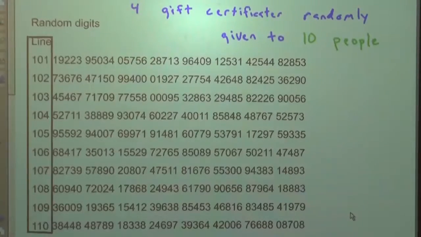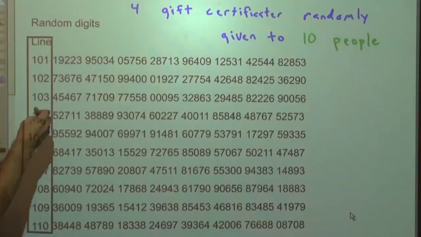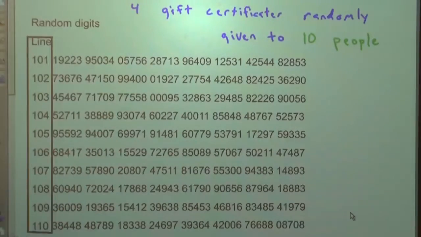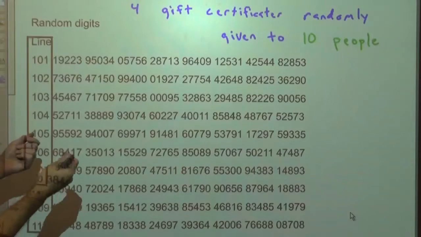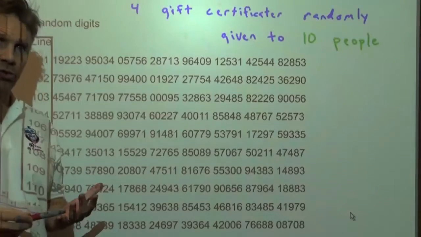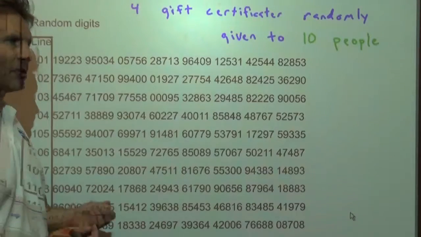In the world of AP statistics, we need to get used to using random digits tables. A computer randomly generates digits, and they've put them all in a long string. Every number is equally likely to be selected. We need to use this because it verifies that a student knows what they're doing and can demonstrate it when